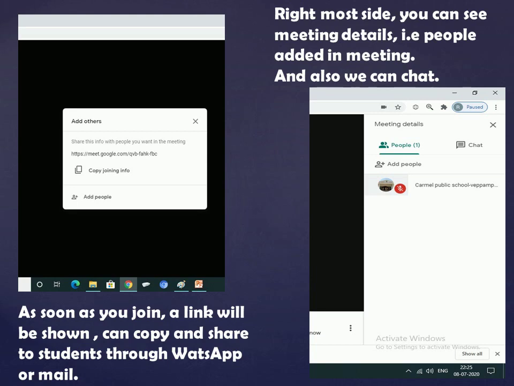Also you have a chat option, so if any students cannot view or cannot hear your voice, they can communicate through the chat. These are the things we have to follow. This is very important.